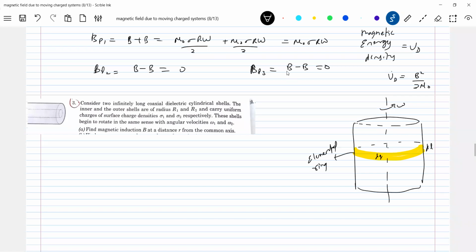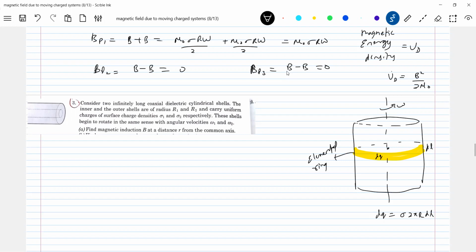What is dq? dq, you should write it as sigma into 2 pi r into dl. Are you getting it now? You have to be a little bit careful here. Then work out the problem. First you calculate the B bar due to this ring, then due to the total.